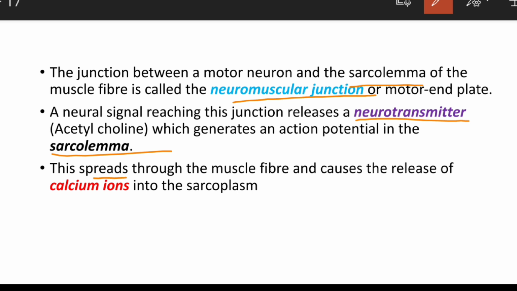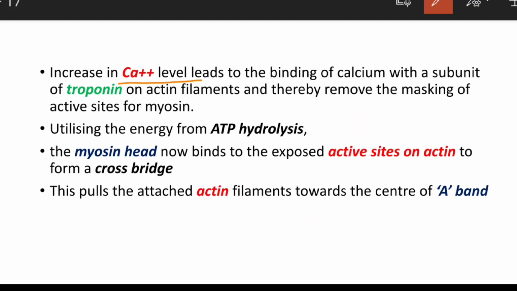These spread through the muscle fibers and cause a release of calcium ions into the sarcoplasm. So we know that calcium is released from the sarcoplasmic reticulum. So what will happen? There is a nerve impulse which is generated. The neurotransmitters are released and they spread through the muscle fibers and cause the release of the calcium ion from the sarcoplasmic reticulum. Increase in the calcium level leads to the binding of the calcium with the subunits of troponin on the actin filaments and thereby removes the masking of the active sites